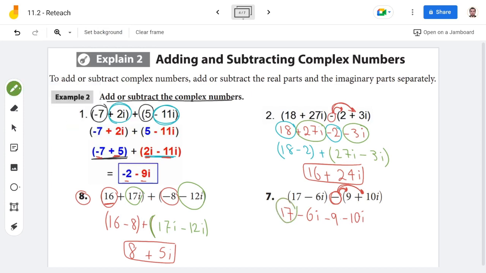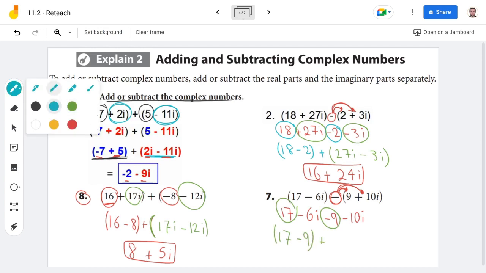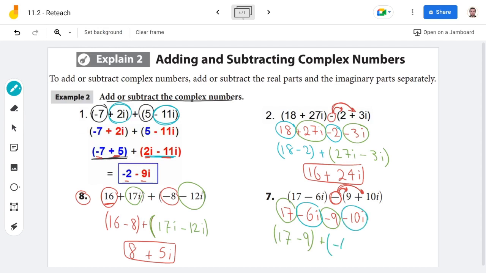We have 17 and negative 9, 17 minus 9 together. Plus, now, negative 6i and negative 10i. So negative 6i, negative 10i. Let's add them together. Now let's find out the final answer. 17 minus 9, which is equal